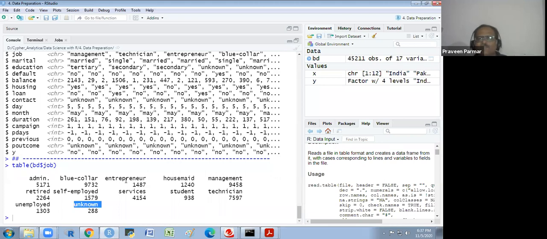What does unknown mean? It should be NA. There is missing data and somebody has typed unknown. They gave the respondents a form for filling. The respondent filled the form and somewhere kept it blank. So the data entry person who was entering the data from those forms put unknown wherever he saw a blank. Got it?